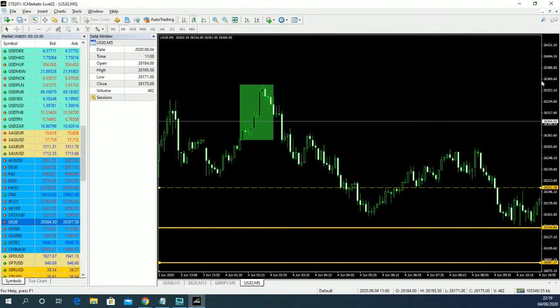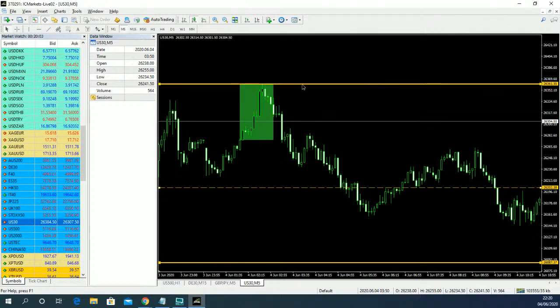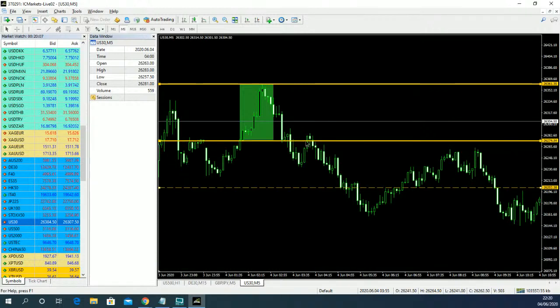So this indicator is for MT4. It's for the MT4 platform. I think you might be able to get one for MT5, but you may have to look around. This very one is for MT4. So this is the Asian session, and this is